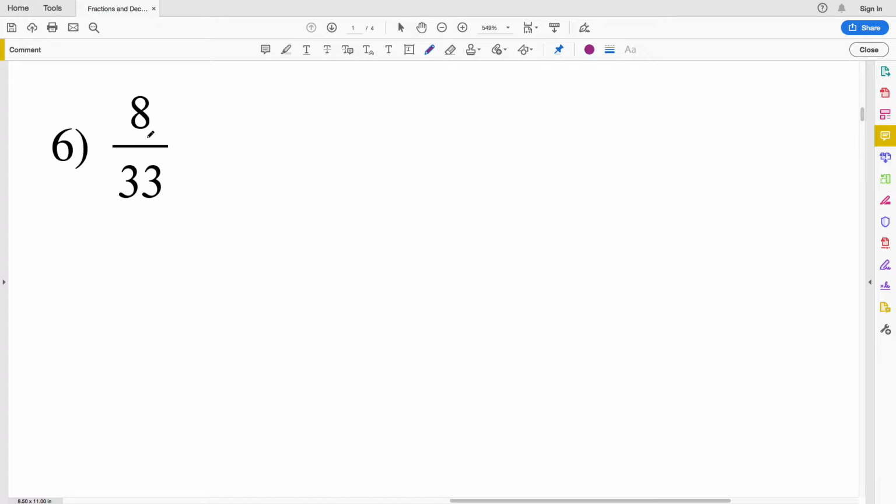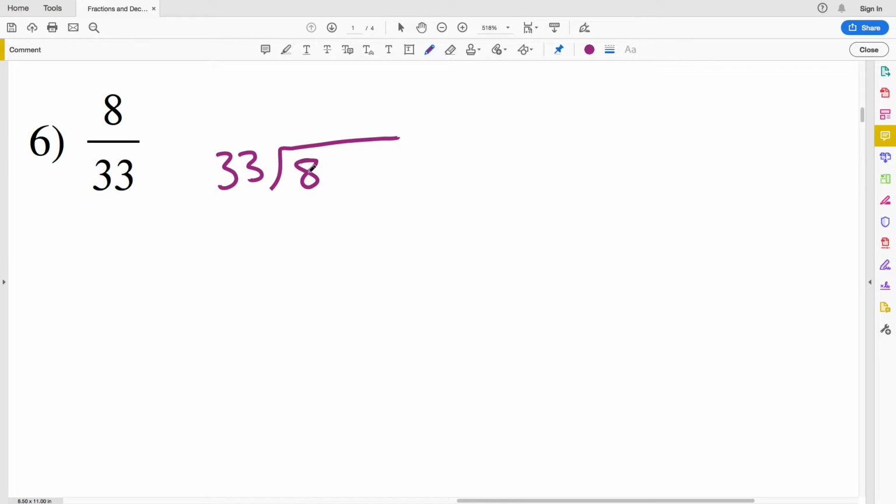And number 6, we have 8 divided by 33. Now this one's a bit trickier, but follow along and I'll show you what we're going to do. So we have 8 divided by 33. So taking 33 and dividing it into 8, 33 goes into 8 0 times. So now we're going to see how many times 33 goes into 80. 33 goes into 80 a total of 2 times. 2 times 33 is 66. So subtracting 66 from 80